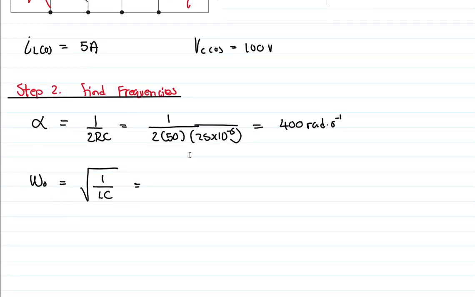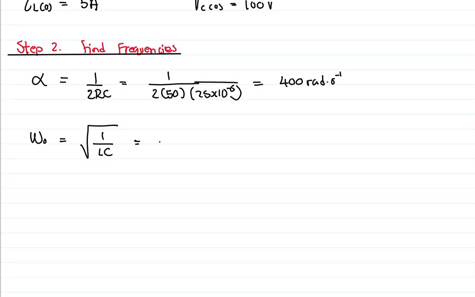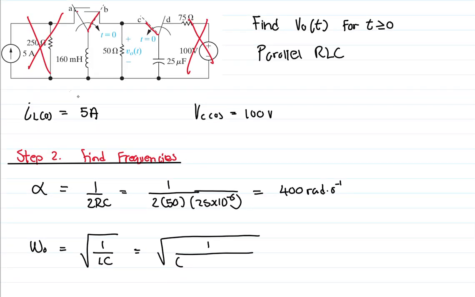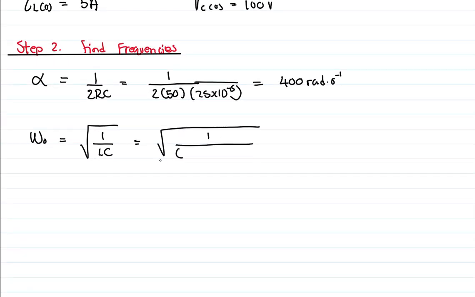So for the radian frequency, this is equal to the square root of 1 divided by the inductance. So when we look here, we have the inductance of 160 millihenries. So we have 160 multiplied by 10 to the power of negative 3 multiplied by 25 multiplied by 10 to the power of negative 6, and that is equal to 500